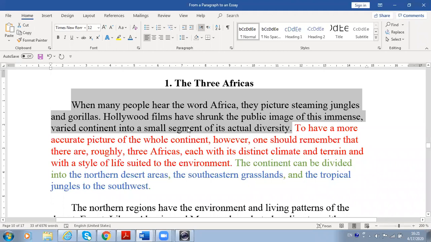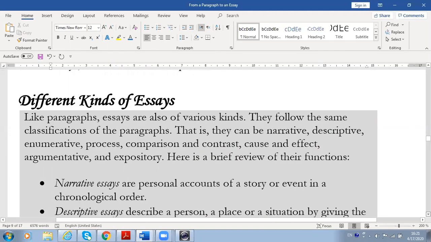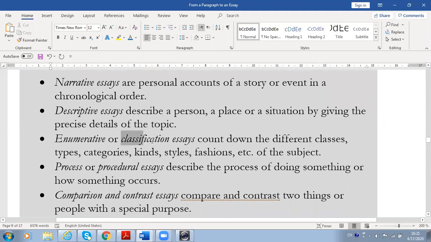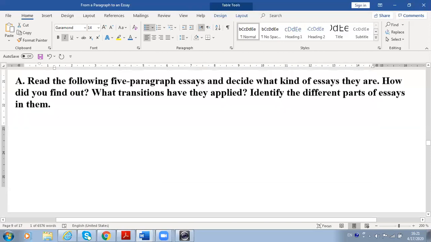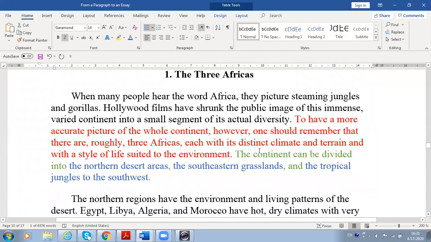So what kind of essay is it? It's descriptive, I think. Is it descriptive? Let me go back to the different kinds. Also, it can be classification, because we discuss 3 parts of Africa. Very good. Yeah, we are classifying Africa into 3 groups. So that's a kind of enumerative or classification essay. Okay, so but we can say that this essay